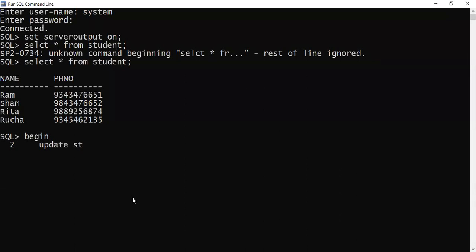Which table? Syntax remains the same. So update student set name is equal to the new name. The new name I want to give is Geeta, where earlier the name was Rita. Now I give a semicolon and press enter.